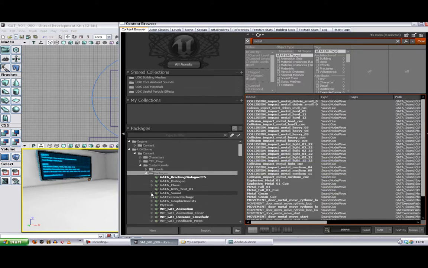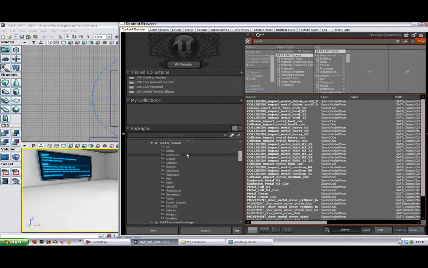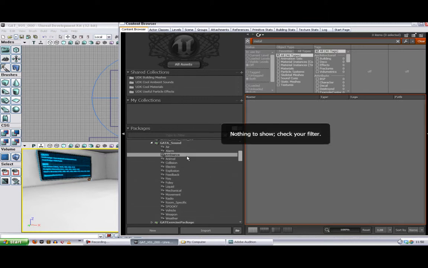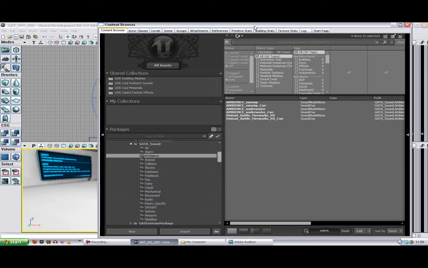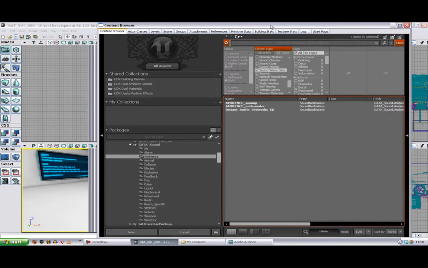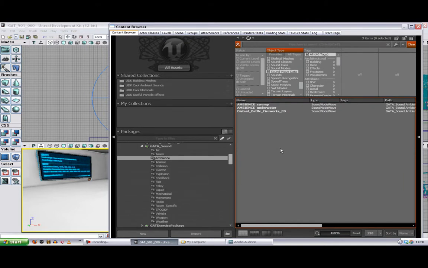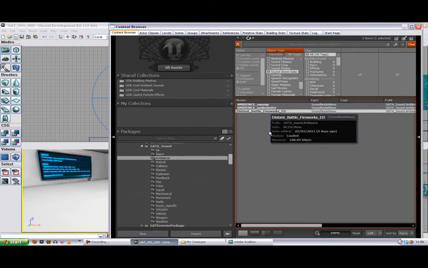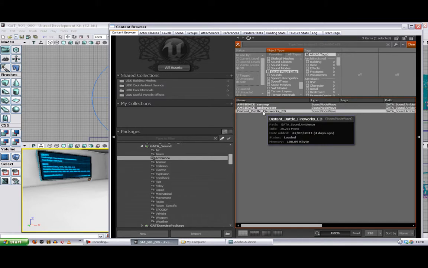So if I go to the GAT sound package, this package is then subdivided into groups just to make it easier to find things. And you notice I'm not seeing anything at the moment because what we've got is this very useful filtering system for filtering the results. So we can say, well, I only want to see sound cues, or I only want to see, in this instance, sound wave data because that is what the ambient sound simple wants. So we can click on that, and that's just a